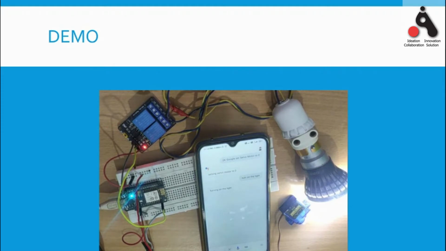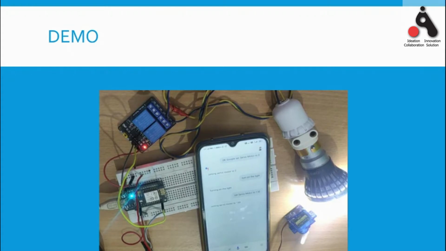And let's control the movement of this servo motor. Okay Google, set servo motor to 130. Setting servo motor to 130.